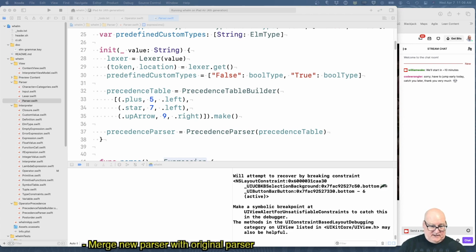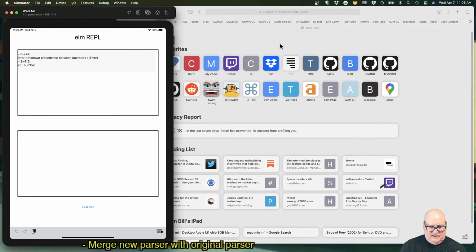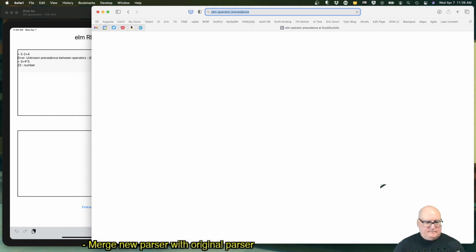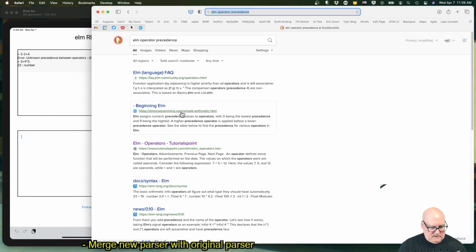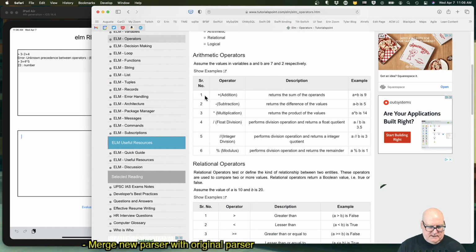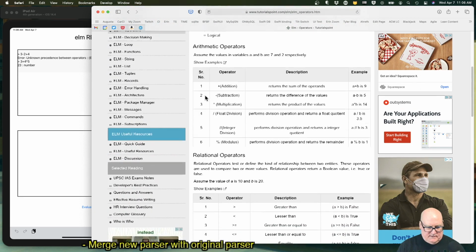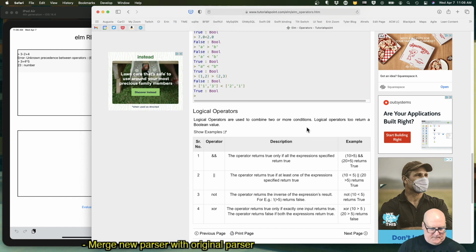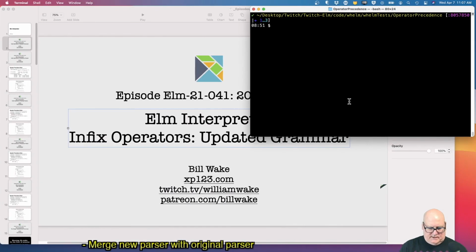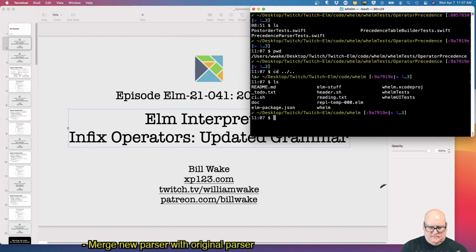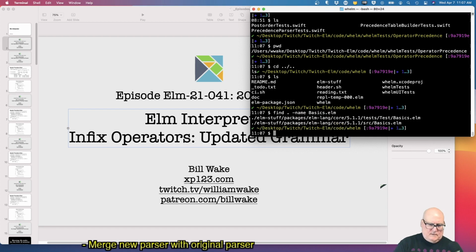Welcome back. All right, so let's find, hopefully somebody will just tell us a table of Elm operator precedence. Let's try in here. All right.